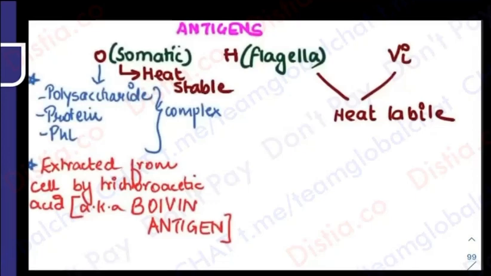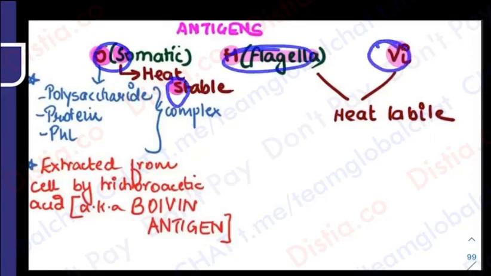so that it's easier. So please note, there is something called an O antigen, which is somatic. Everyone knows that's in the cell wall, right? So that is going to be heat stable. And then there is an H antigen. We all know from general that H antigen is flagella. There is also known as a VI antigen, and these are both heat labile. So learn any one, that the somatic antigen is heat stable and the flagellar and the VI antigen are going